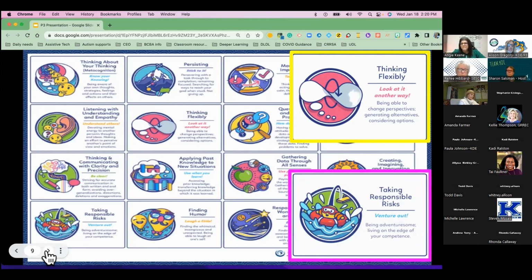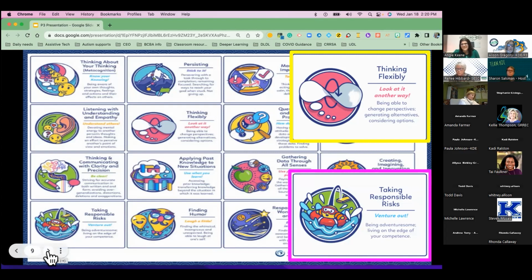So the next one that's popping up there with the pretty pink border is taking responsible risks. Yes, we want to think flexibly. We need to know when to take another approach. And we also need to make sure that it is responsible. Risk-taking is an increasingly critical element of leadership and essential for the organization's capacity to innovate. Effective leaders inspire others to confront fears and challenges based on what they say and what they model in their own behavior. As responsible risk takers, they do not behave impulsively.